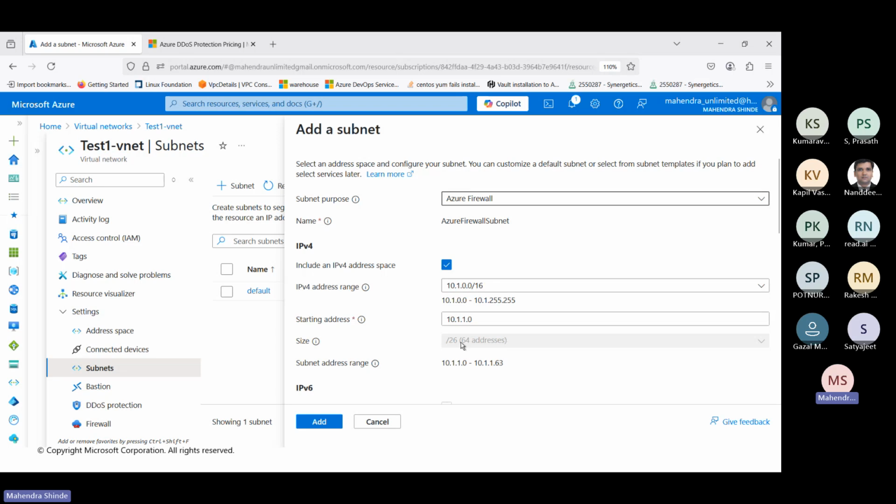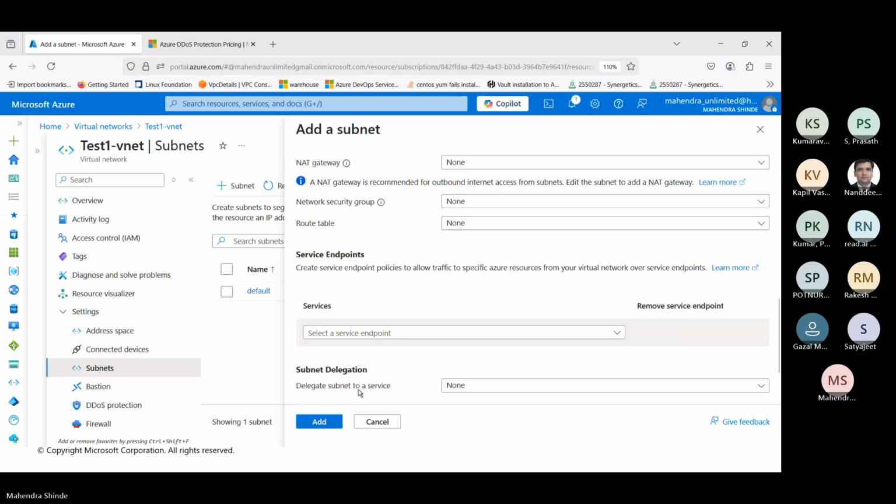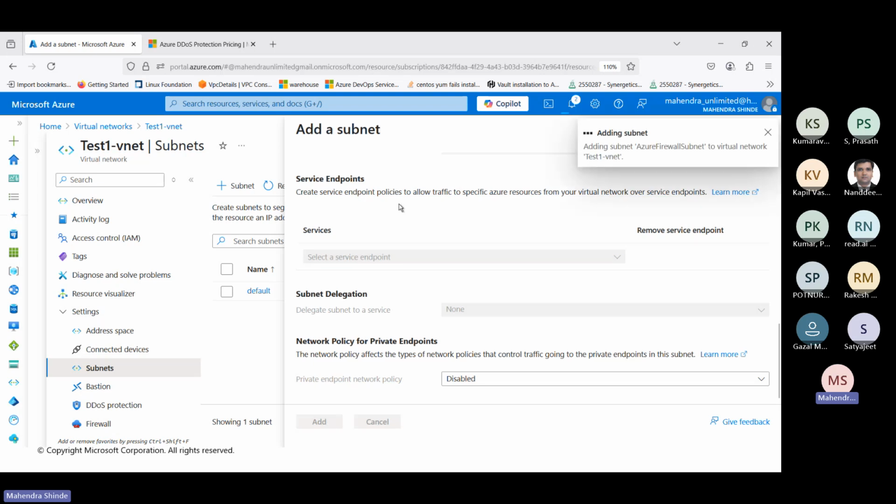So here, the size is predefined now, /26, which will release 64 addresses, but that doesn't really mean you will get 64 addresses for the firewall. Anyways, this is the IP address range, and this is the starting IP address /26. So the subnet IP address range would be this. And after the subnet is created, I can now go ahead and deploy a firewall inside this